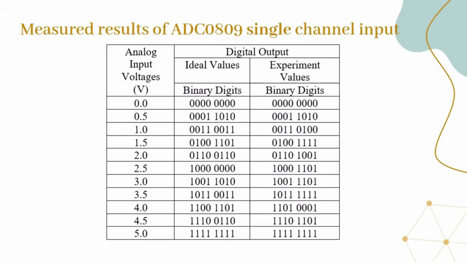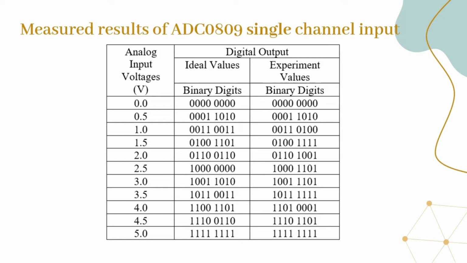For the first task, we obtain the measured result of ADC 0809 single channel input, when the voltage is injected as the analog input to obtain the digital output, which have the ideal values and the experiment values. For voltage equal to 0, the binary digit for ideal and experiment is all 0. For voltage equal to 0.5, the binary digit for ideal is 0001, 1010, and we obtain the same result